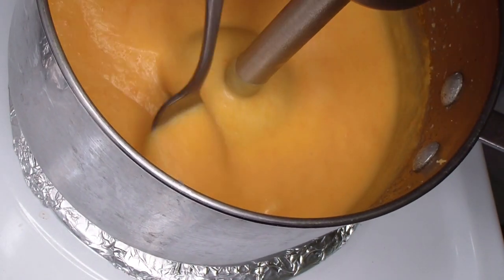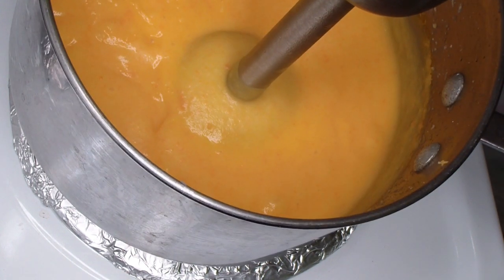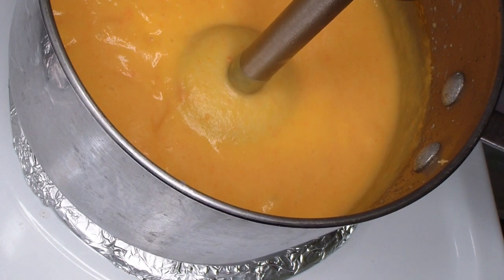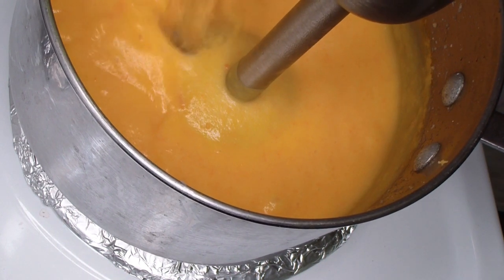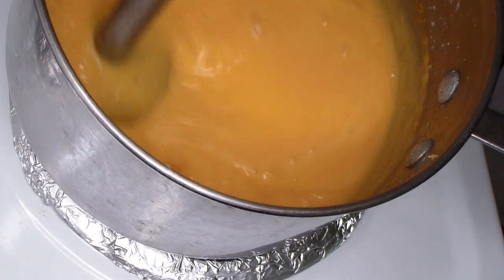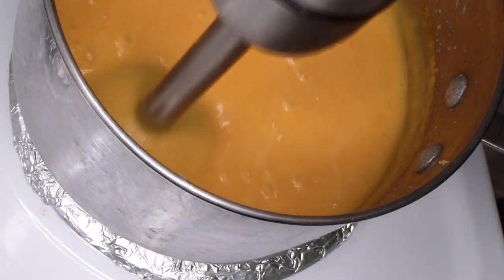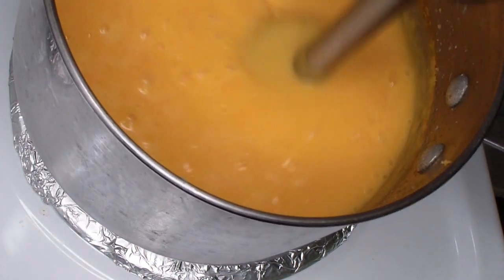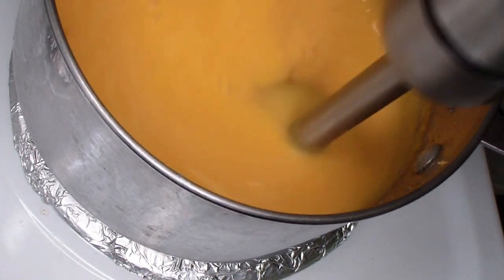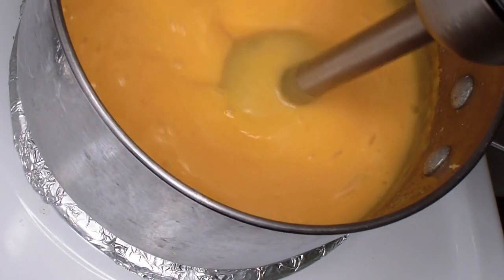Let me show you the consistency we're going for. See, we just want it just a little bit thinner. So, a little more. Now what's great about this is you can use it for mac and cheese, you can use it for nachos like I'm going to be doing tonight. Okay, now that we've got the consistency we want,